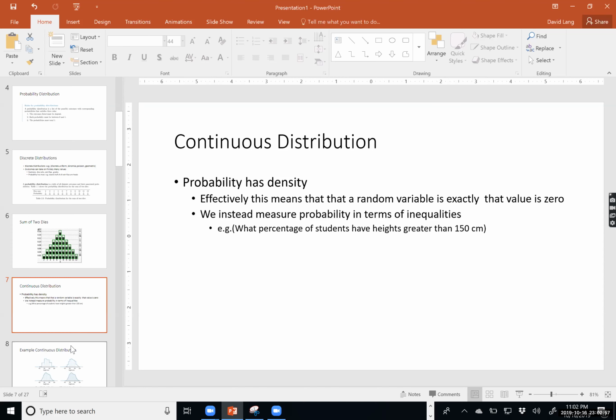I know that sounds a bit confusing, but because it's a probability distribution, it has to sum to 1. How can it be that if we were to pick any particular point, it's equal to 0? Now, without getting into the calculus of it all, what we do is look in between values to approximate the associated probability